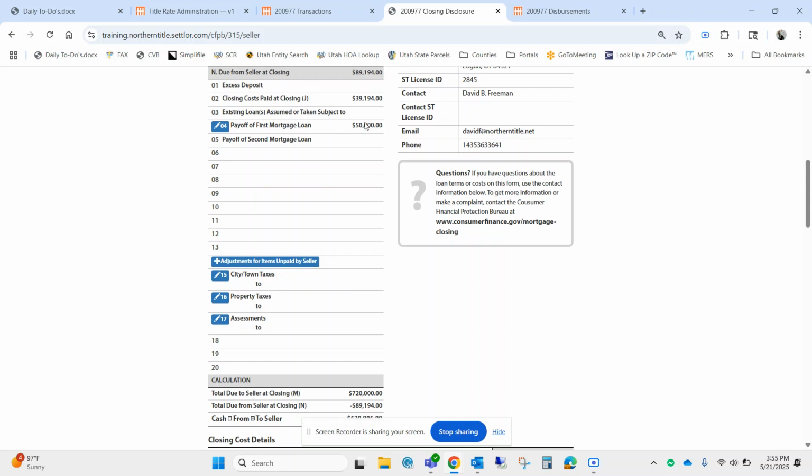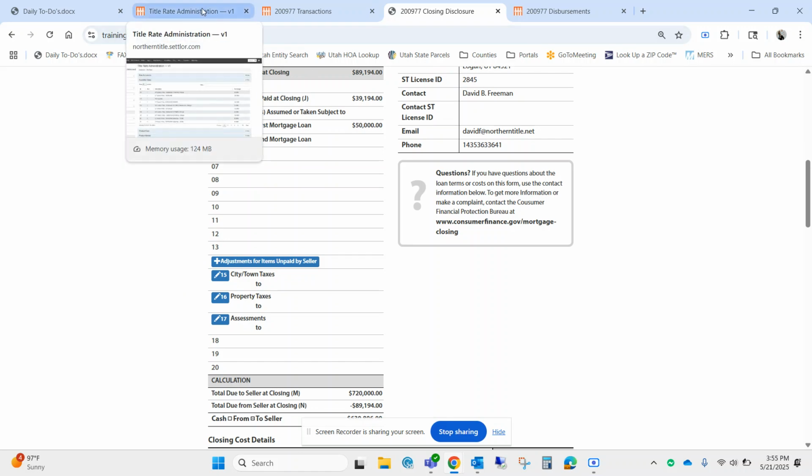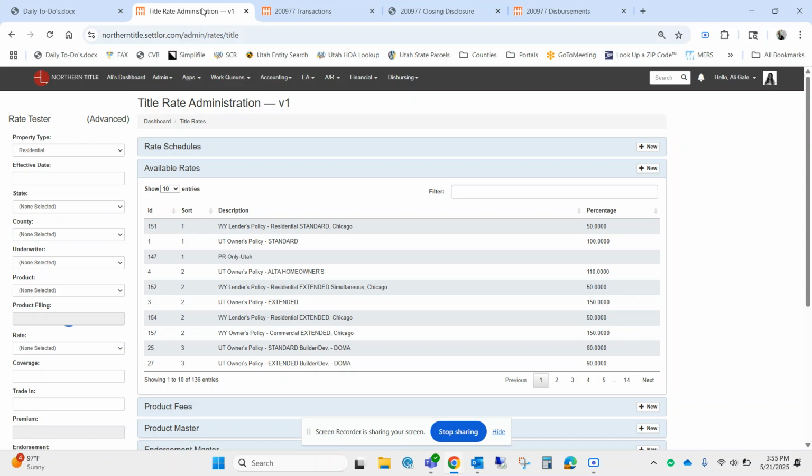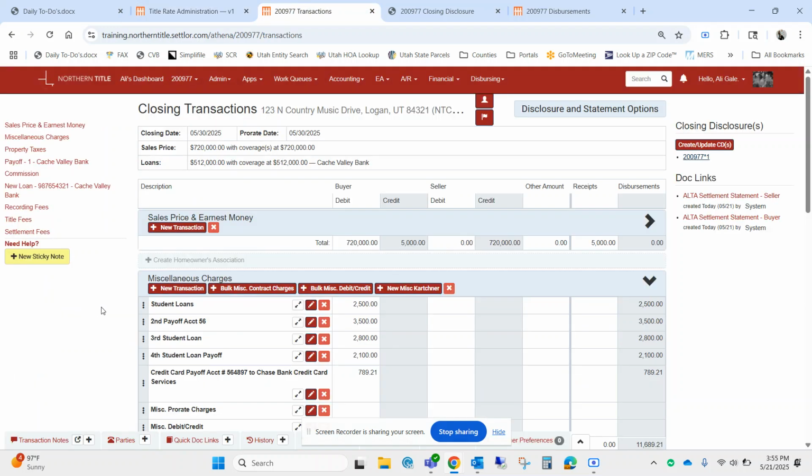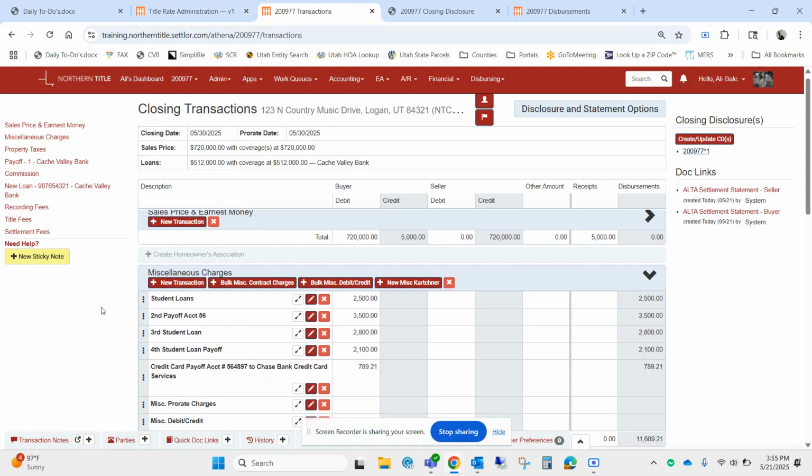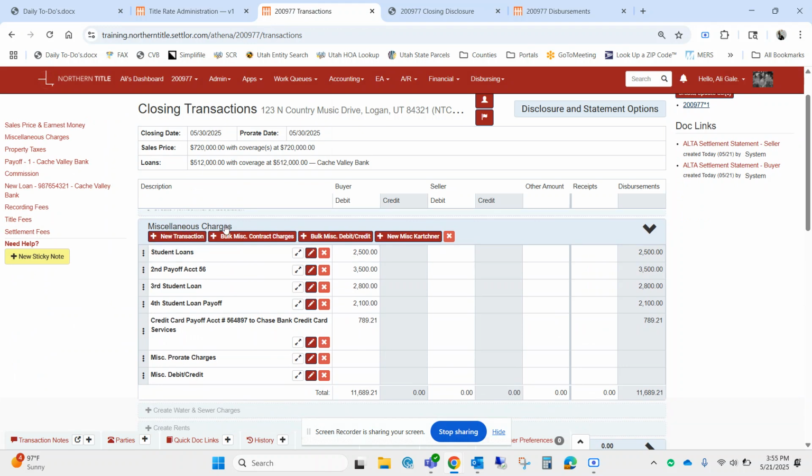So just make sure that if it's a buyer payoff, additional payoffs, don't really want to call them payoffs themselves, but they are more of a miscellaneous charge that we add them in miscellaneous. So yeah,